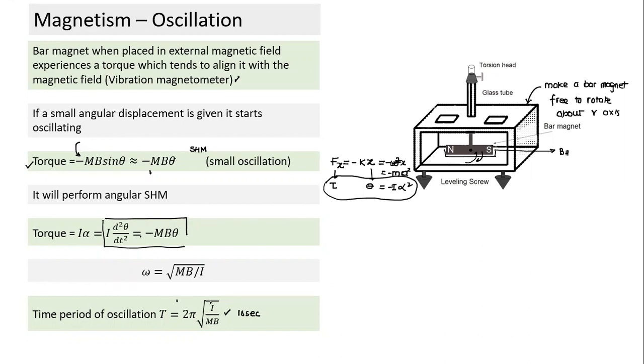What does I indicate here? Advai, can you tell me what the I term indicates here? Moment of inertia of the magnet. Moment of inertia about the axis of oscillation or rotation. If the bar magnet comes here, this axis will be perpendicular to the rod passing through the midpoint. M will be the magnetic dipole moment of the bar magnet, and B, if it is made to oscillate in the Earth's magnetic field, is equal to BH. So these are the terms, the rest is all substitution.